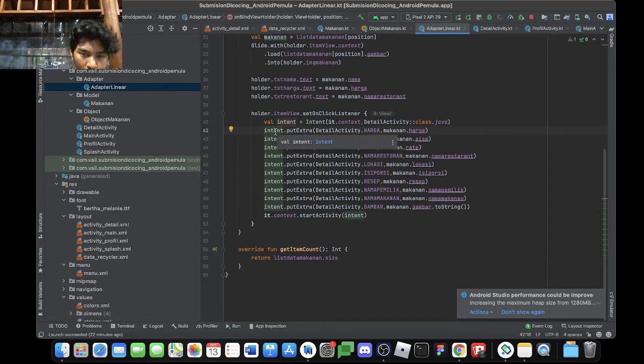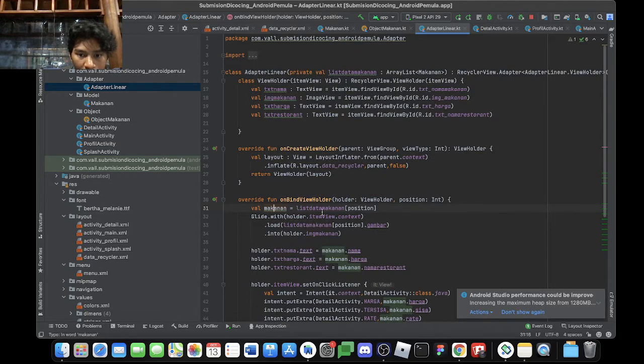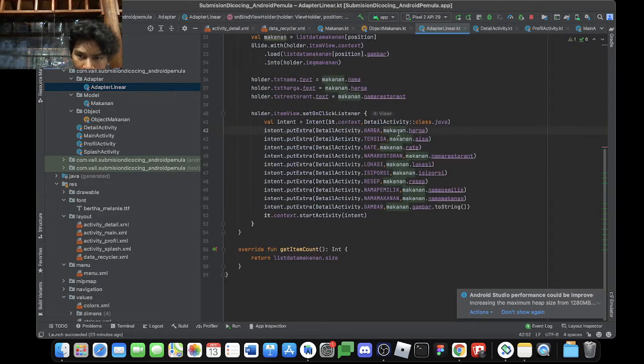Then call the variable dot putExtra, DetailActivity dot the const file from the detail activity. This is a variable from here that connects to here, to list data food, and connects into the model. Okay, dot the variable inside of the model, and make it for everything.